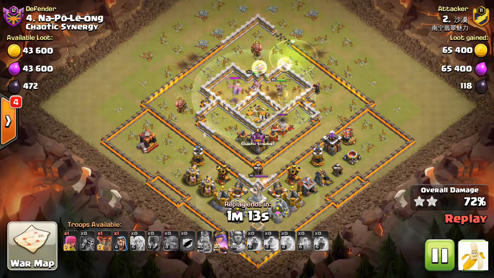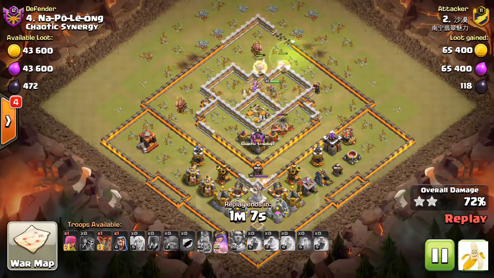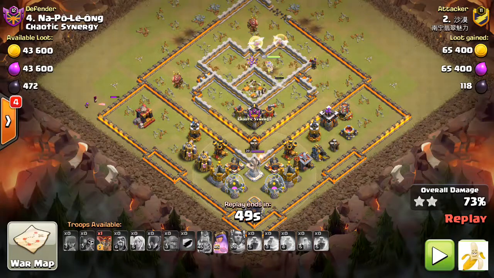But see, that's the thing with these type of bases. Normally when you get through this top section, the back section has hardly any DPS. So a queen walk, if you can get through this base with some witches left over at the end, or a queen walk left over at the end, outside of wall banging, this is really good. Okay, so this guy's wall banging, and all he's got left, he had 1 arch and